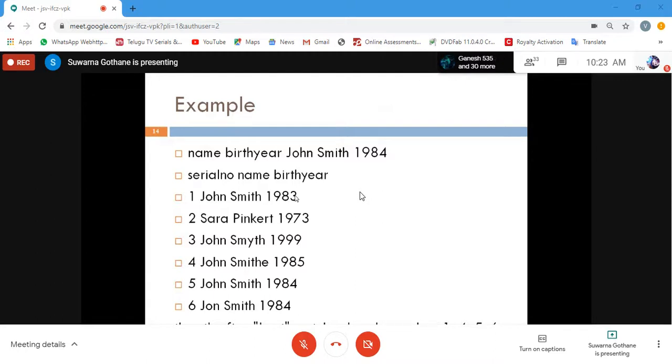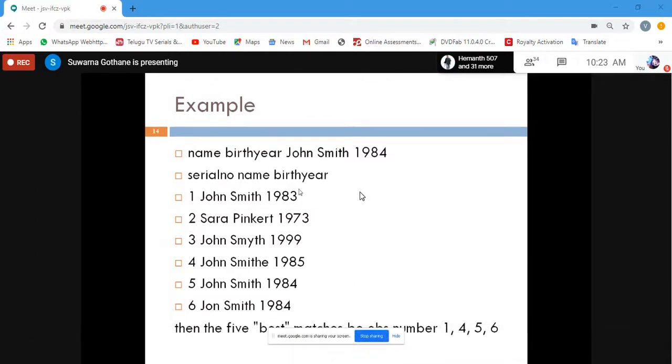We may get some that are very close. A single mistake may be considered, based on certain rules applied for the fuzzy logic. Here 1984 is there, so here 1983 is nearly related, not an exact match but a possible match, so you may get this also as an output. This one is not possible. Suppose this is a relational table or some database table I am having, and from that I am trying to match this query. This will not work because many letters are different.